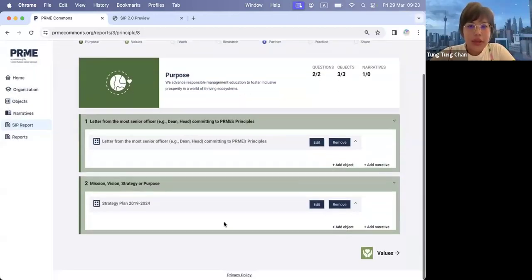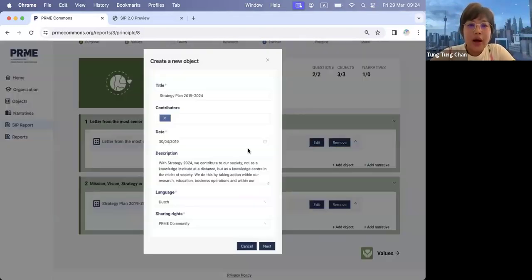Now, if you see on the second question, we ask you to provide a document of your mission, vision, strategy, or purpose. This is very broad, which means that here in such a question, we expect you to add more than one object or narrative. So an example here that I've uploaded,